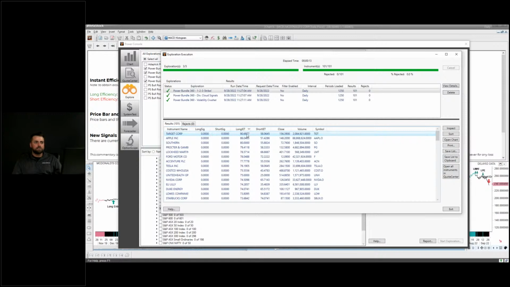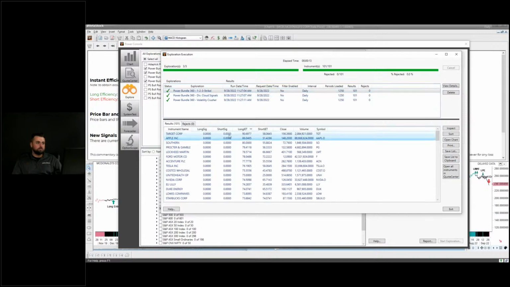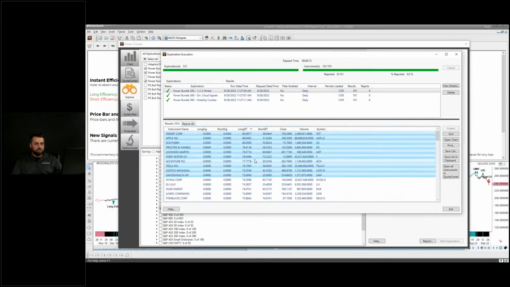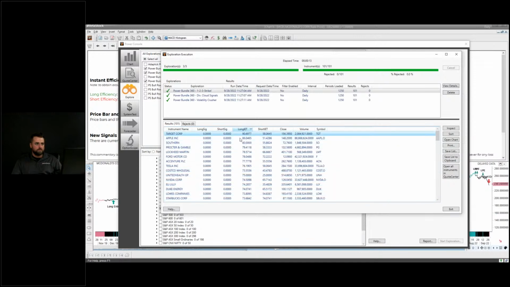And now I can say, hey, Target has a 90% efficiency rating utilizing the 1, 2, 3 strike method over the last 5 years. So now maybe you want to put Target in a list, or you want to open it up in a chart and save it and work on it from there, etc. You can also sort by the short, etc. If there's certain things you want to do in here and you're like, hey, okay, I only want to work with these top several, you could come here and I guess shift control, oops, I pressed too many buttons at once,